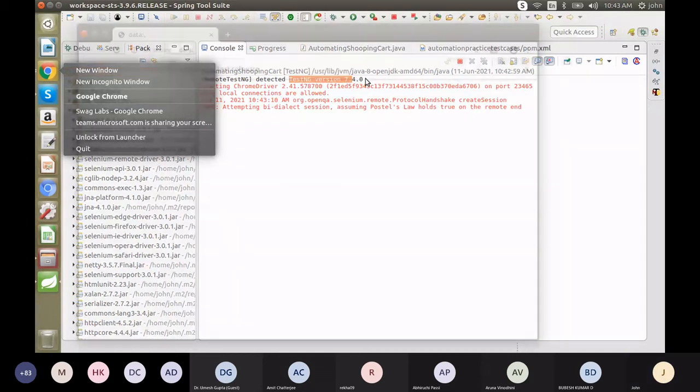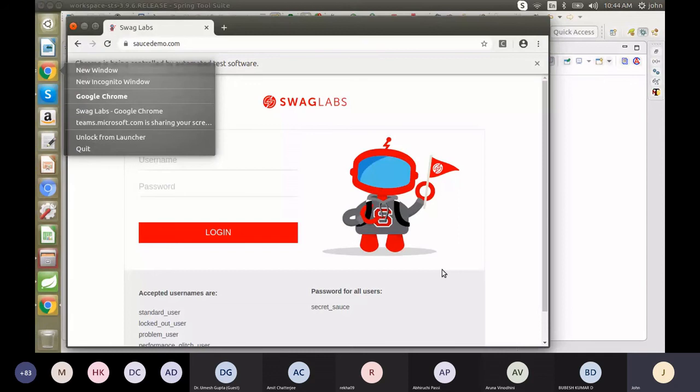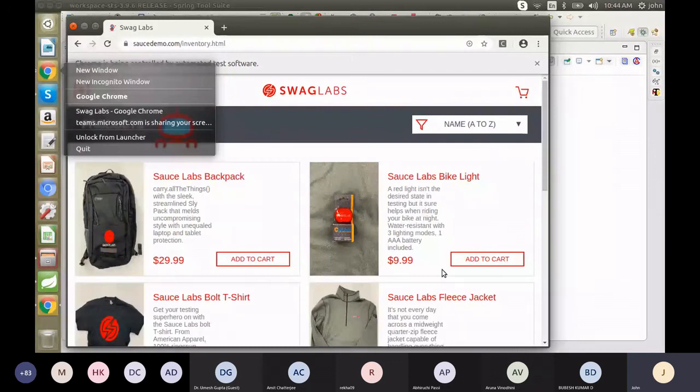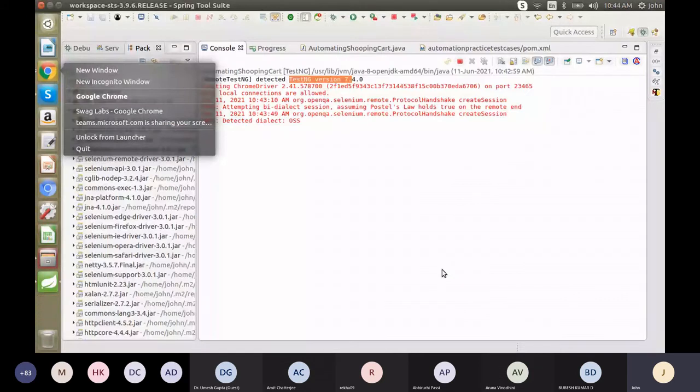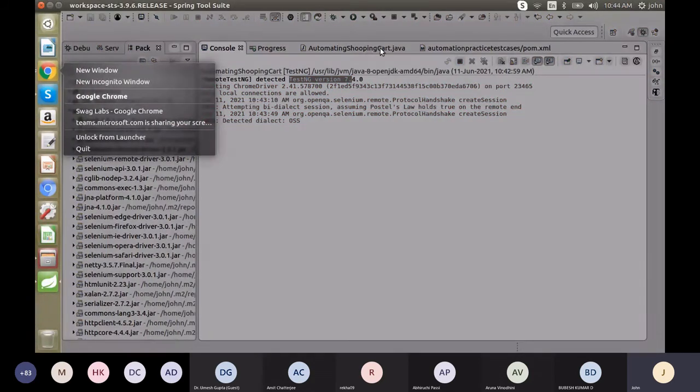Yeah, it is loaded. It's taking time. The home page is loaded now. It should pass the value using the Selenium script. So now it is executing the @Test. Then in the @After test, it will close the browser. Yeah. So now it is done. So using TestNG, now we are automating the particular pages.